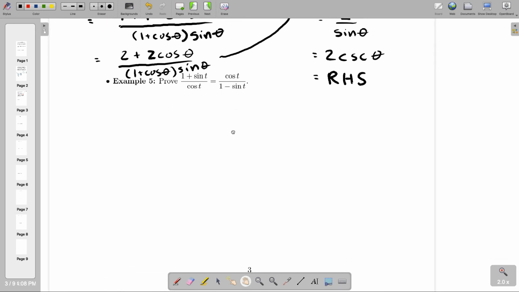All right, so let's take a look at example 5 here. We want to prove that 1 plus sine t over cosine t is equal to cosine t over 1 minus sine t. Here, neither of the 2 sides is really more complicated than the other, so it doesn't really matter what we start with. So I'm just going to start with the left-hand side here. So the left-hand side is 1 plus sine t